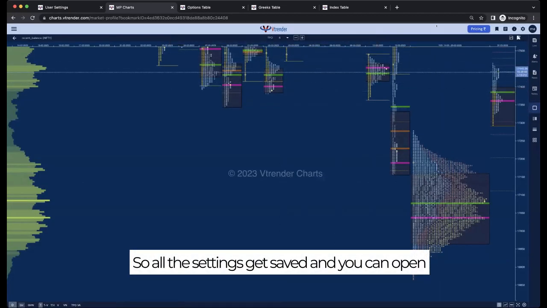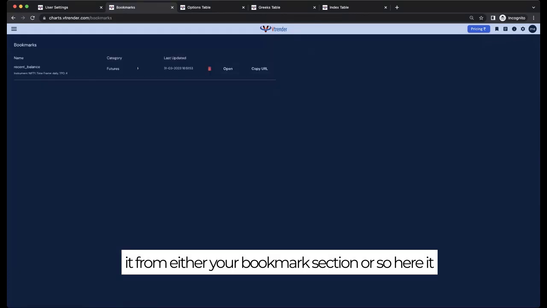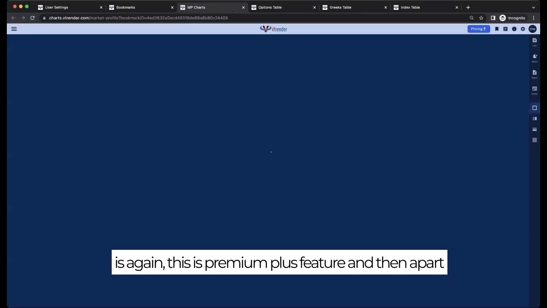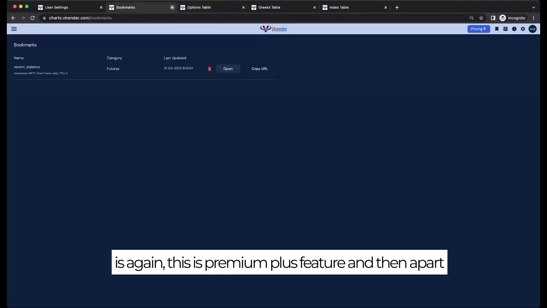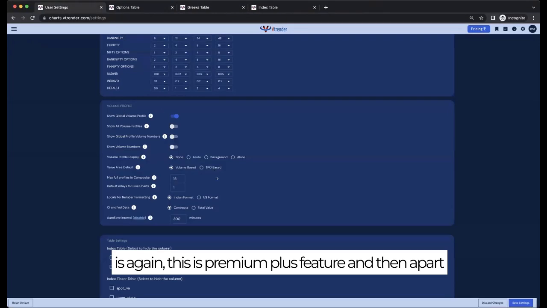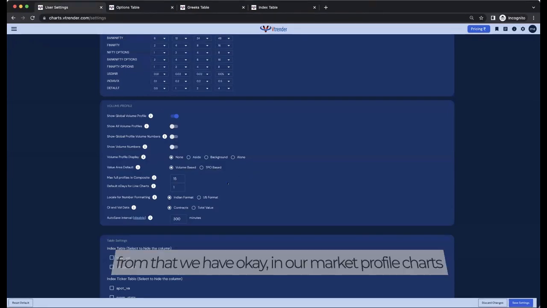So all the settings get saved, and you can open it from your bookmark section, so here it is. Again, this is a premium plus feature. And then apart from that, we have